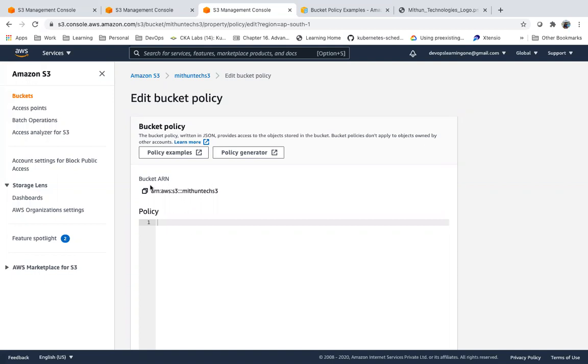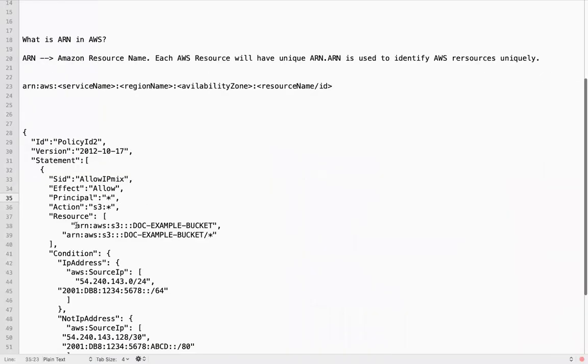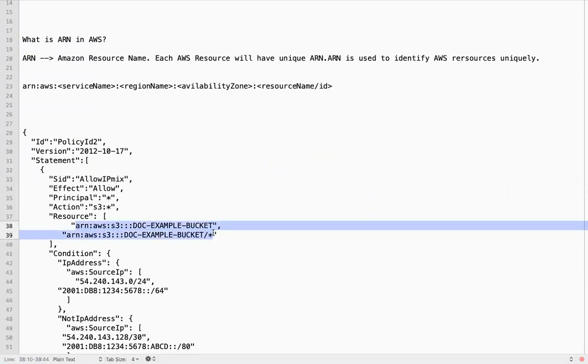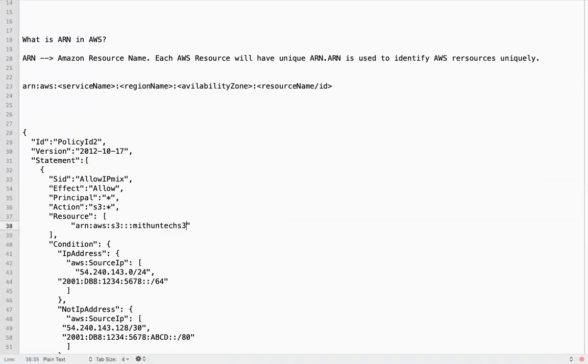Now if you see, this is the ARN of our S3 bucket. Whatever S3 bucket I have created, this is the ARN. So this is my AWS resource.